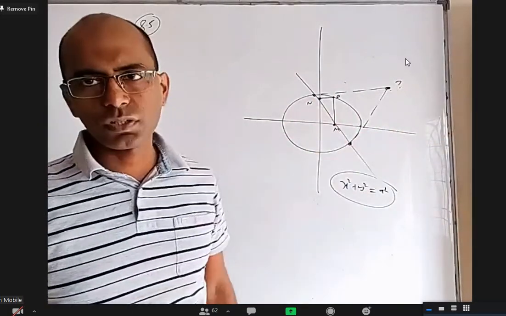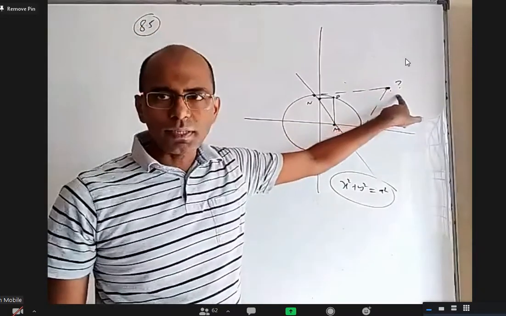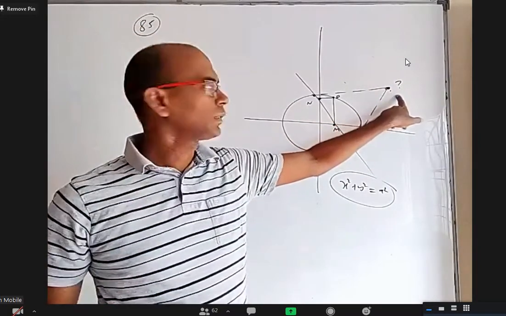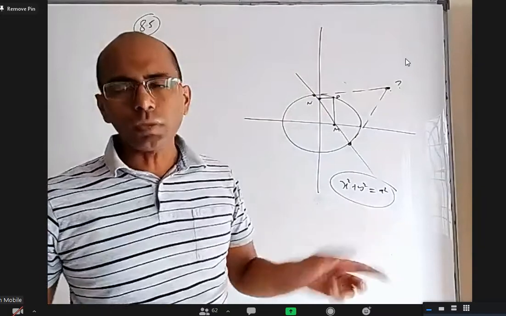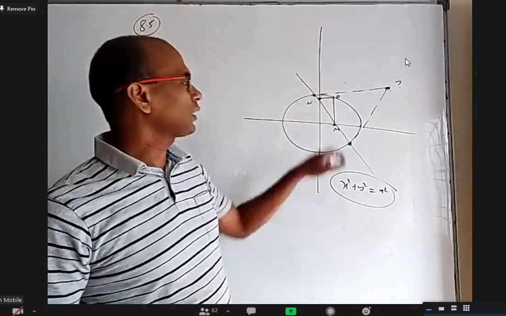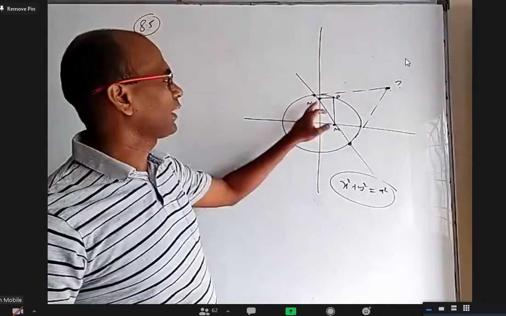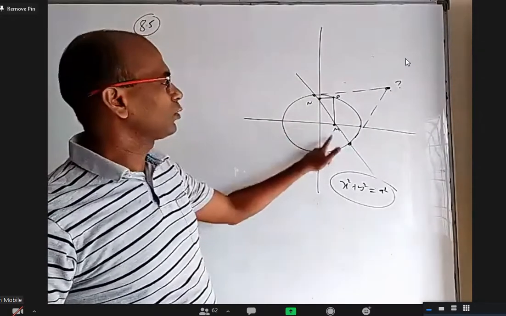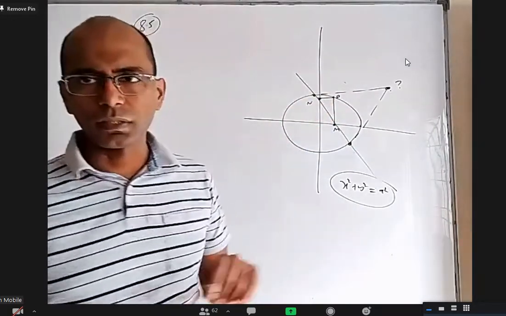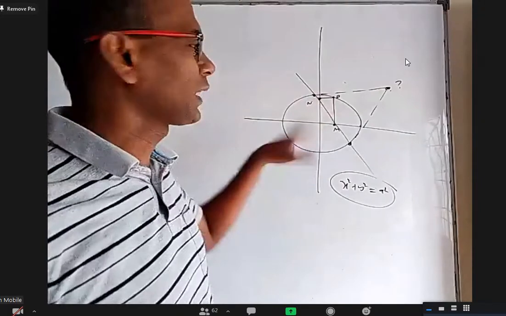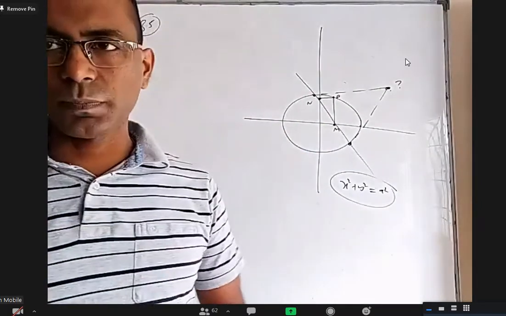But we do everything in reverse. Take this point as x1, y1, whatever is the last step. Then find this line equation. How? S1 equal to 0. Further, you can find M, the x-intercept. You can find N, the y-intercept. Then you know the x coordinate, you know the y coordinate, you can find P. And what should P do? P should lie on the circle. You can see we do exactly the reverse.